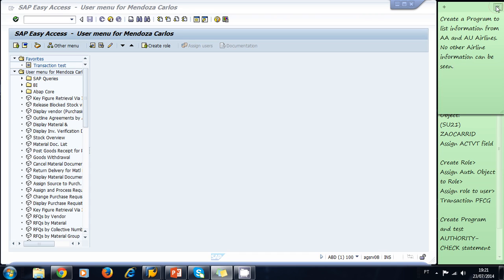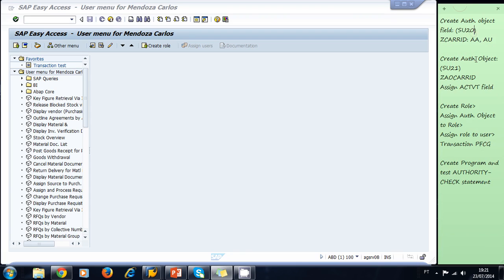authority check statement. Our first step is to create an authorization object field in the SU20 transaction. We're going to create the Z_CARR_ID field so that we can assign the values AA and AU to that field, so we can only list information from these two airlines. After that, we're going to create an authorization object in transaction SU21. It's going to be called ZAO_CARR_ID, and we're going to assign the ACTVT field to this object, and